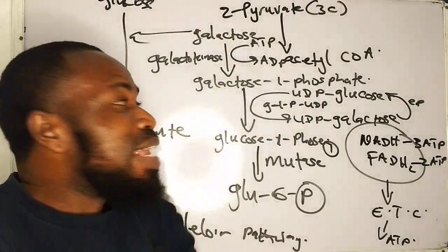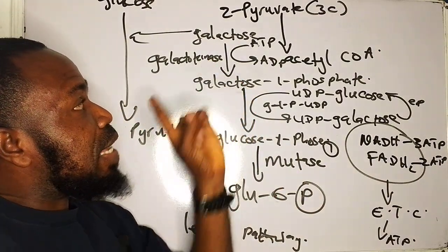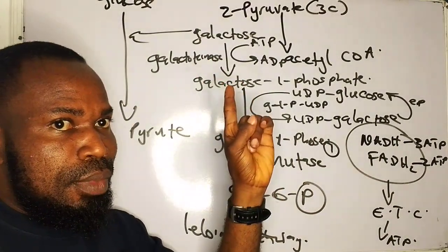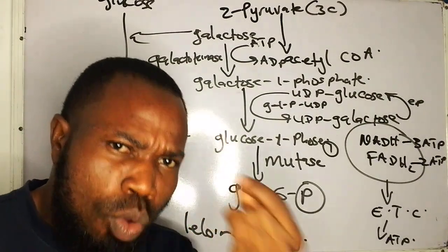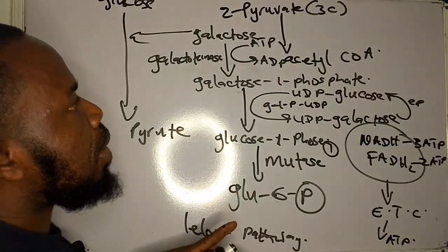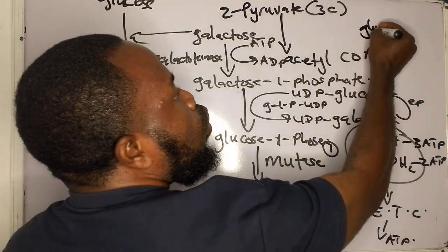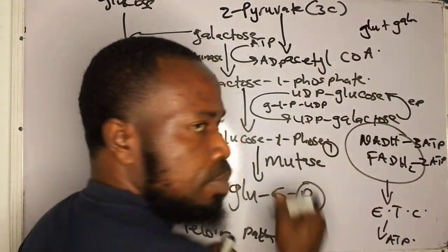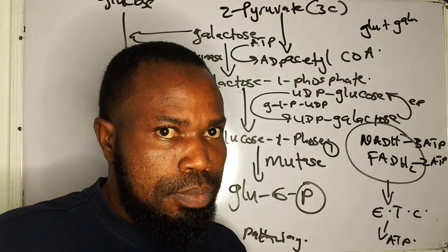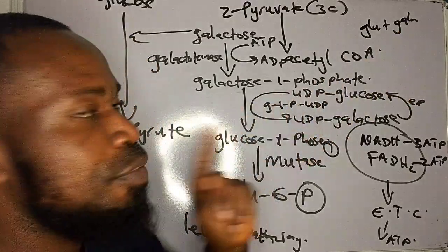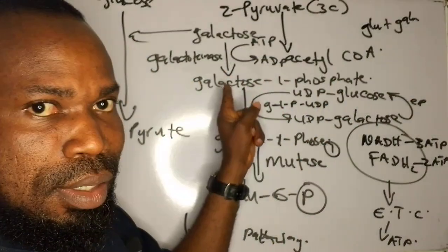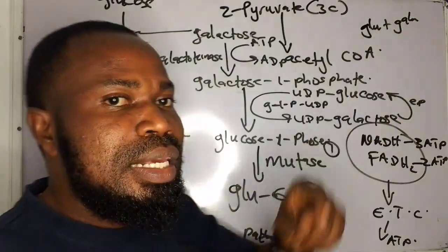Now, when there is a deficiency of any of these enzymes, especially galactokinase, it will result in lactose intolerance. How does lactose intolerance have to do with this? Remember that lactose is made of glucose and galactose. So if you consume milk, and you are consuming glucose and galactose, if there is a deficiency of this galactokinase, what will now happen is that the individual will